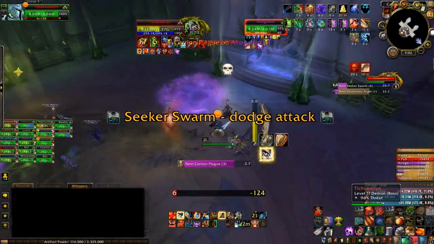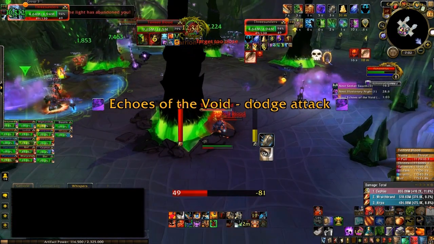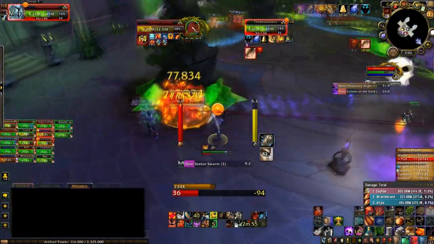Again, here we have ads and echoes at the same time, moving back into position so that everybody knows to DPS these ads. And basically what's going to happen is Tichondrius is going to keep repeating this cycle between giving you ads to DPS, going back on him,